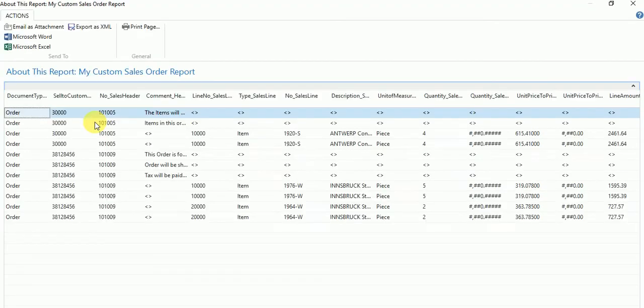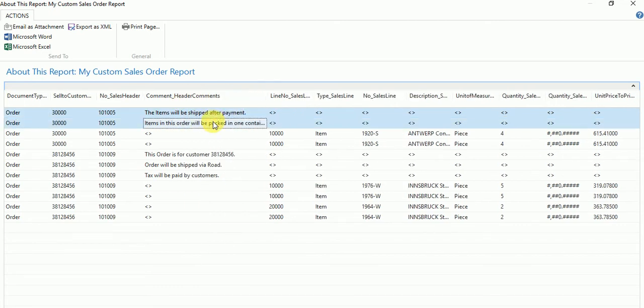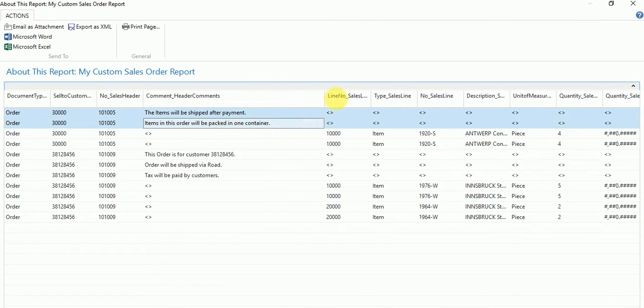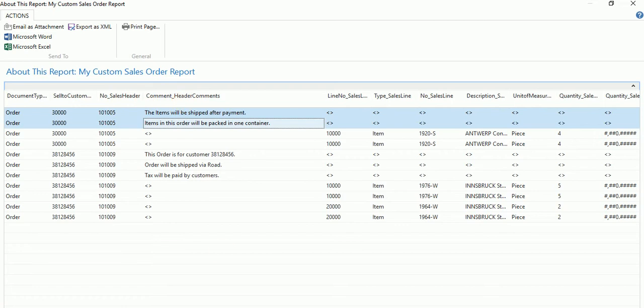Okay, let's open the data set. If you see now, my header comments are actually printing only those which I added in the database. So now my data set seems to be what I wanted, and I'll go ahead and do the changes in the layout. But when the header comments are printing, other information are blank, because if you see the